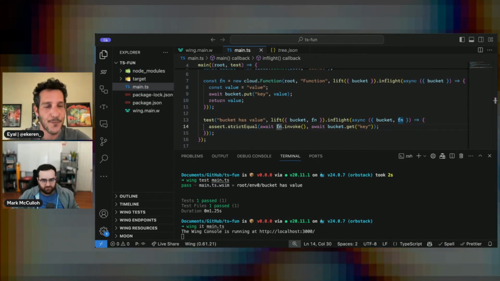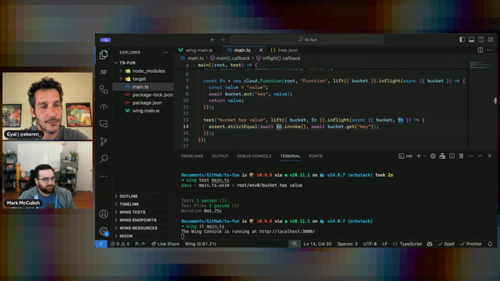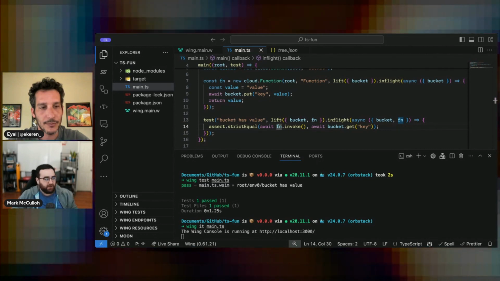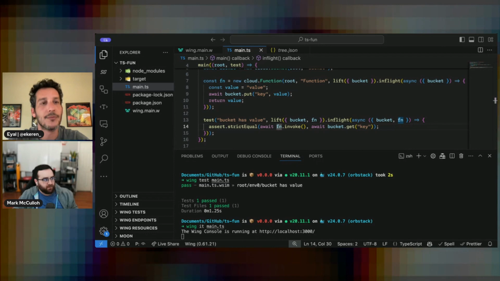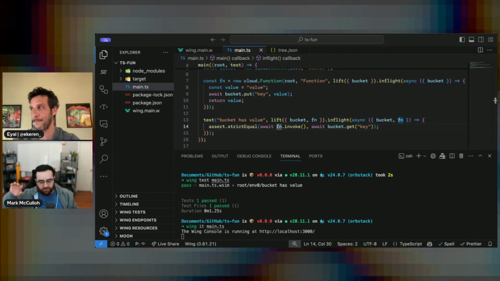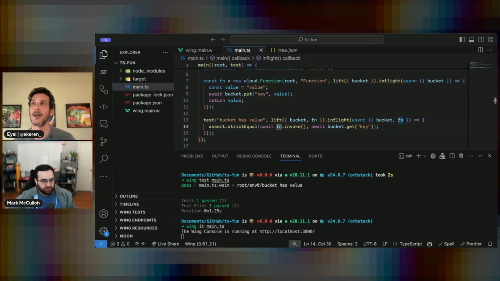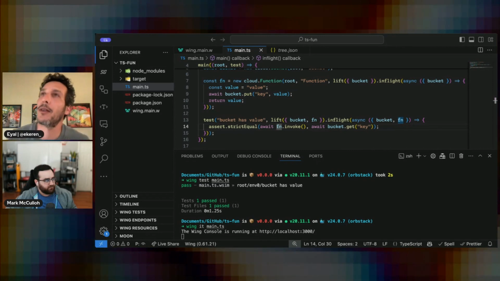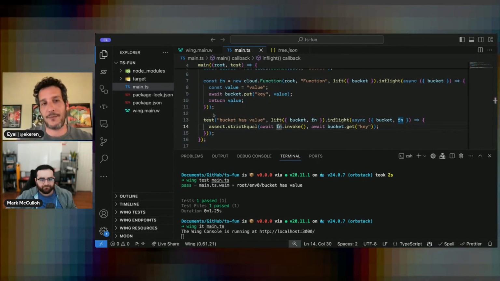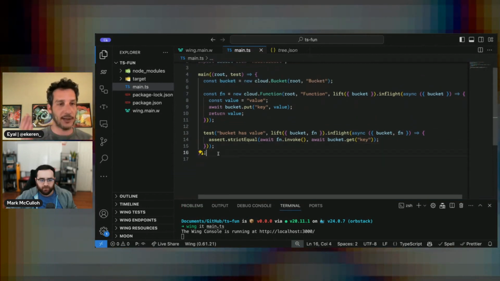I'll jump into limitations a little bit. Right now this is mostly an experiment with regards to making applications rather than libraries. That's the main focus of this. I would expect Wing to remain the best way to write libraries. So one of the limitations right now is that there's no way to write classes that have both a pre-flight and an in-flight API.